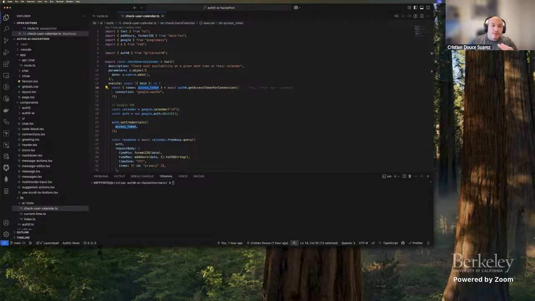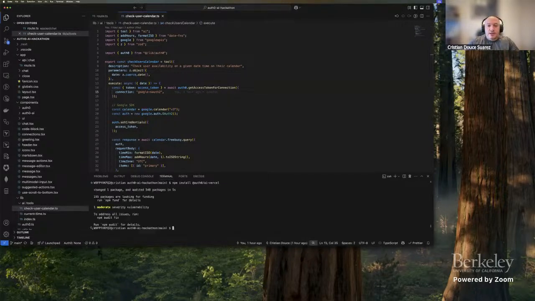I have prepared a few copy-paste snippets, and I'm going to walk you through. Essentially, what we're going to be using now is the Auth0 AI Vercel SDK. So we're going to start by installing this SDK. I'm going to go a little bit fast so that we have some time at the end for questions. So we are starting the AI SDK, and the first thing that we're going to do is initialize this